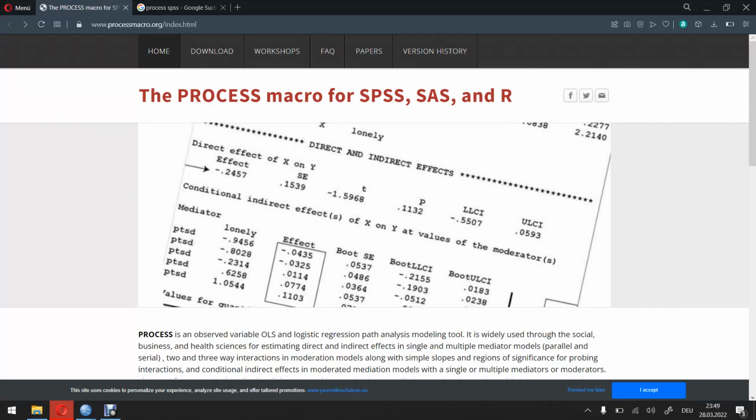Welcome to another unit in this SPSS course. This time I'm going to talk about how we can use the process macro for SPSS to run more sophisticated moderation or mediation analyses. Well, first, before we can actually discuss how to use this, we actually need to get